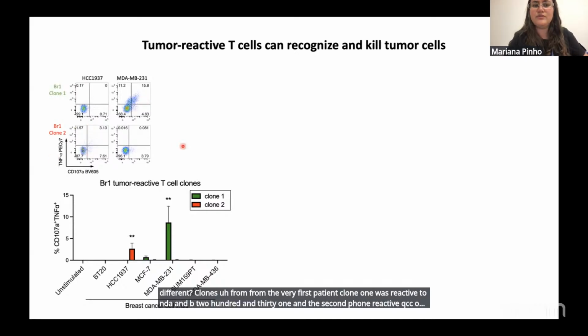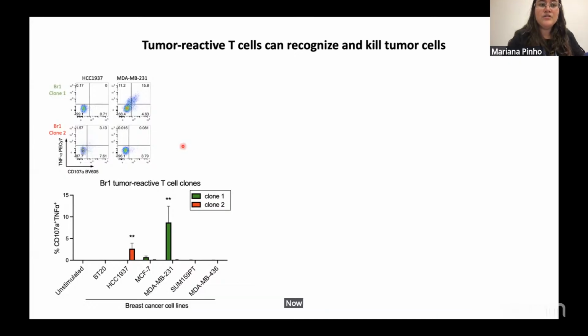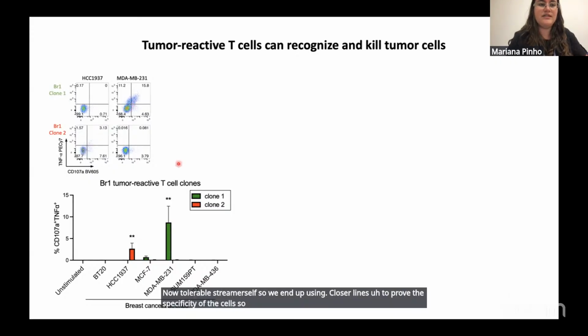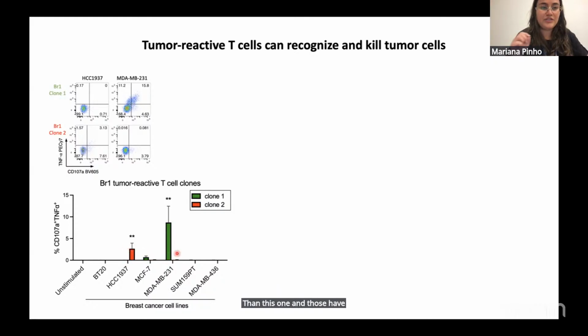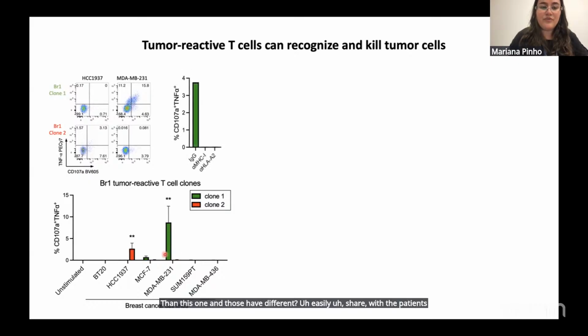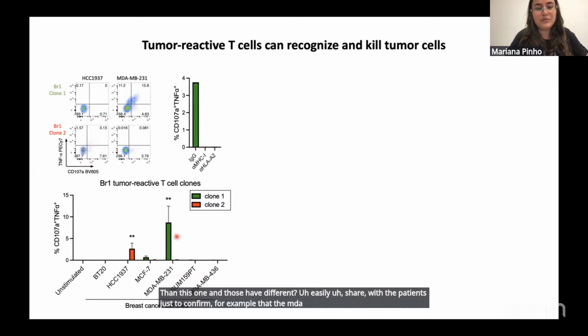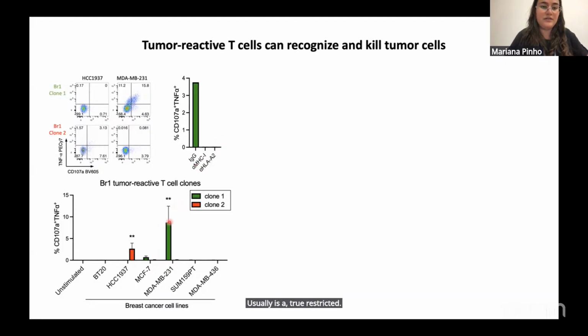It's very difficult to grow the autologous tumor cell, so we end up using cancer cell lines to prove the specificity of the cells. We use cancer cell lines that have matched HLA typing with the patient, and you can see how clone 1 reacts to a different cell line than this one, and those have different HLA shared with the patient. Just to confirm, for example, that the MDA-MB231 was HLA-A2 restricted, which was the allele shared between the patient and the cell line,